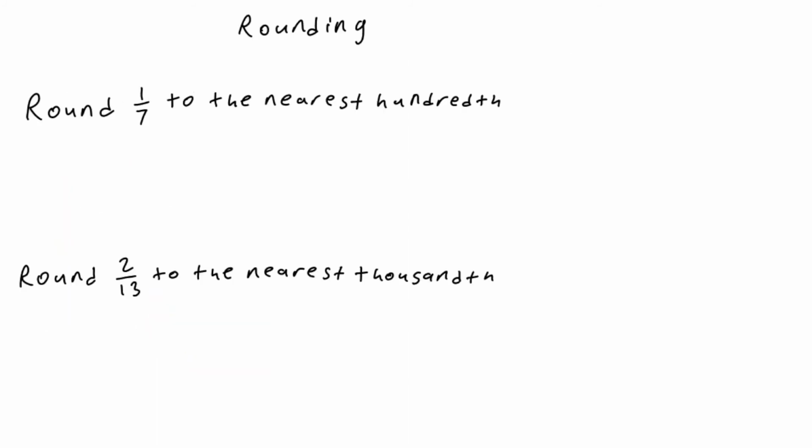Now let's talk about rounding. So, with rounding, never round unless I tell you to. If you remember anything else, never round unless I tell you to. So, in this case, I am saying round 1 over 7 to the nearest hundredth. So, if you put 1 over 7 into your calculator, or at least what I get in my calculator, is